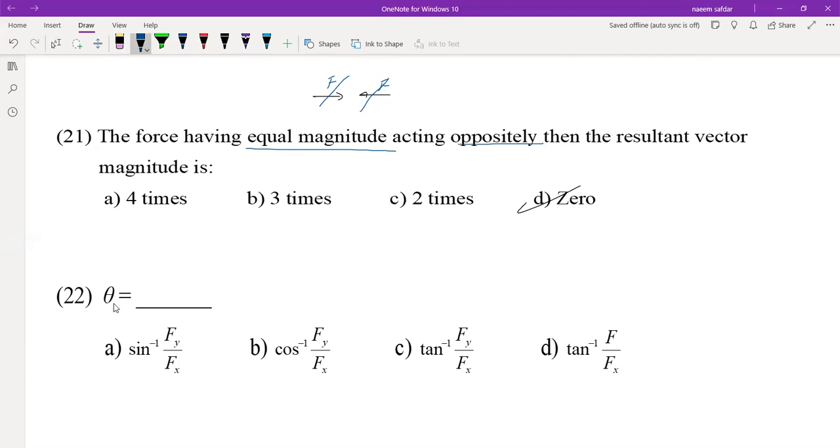MCQ number 22. Theta is equal to, we have to find theta. The options are: sin inverse Fy by Fx, cos inverse Fy by Fx, tan inverse Fy by Fx, tan inverse F over Fx. So we know the formula of theta is tan inverse Fy over Fx. Tan inverse Fy by